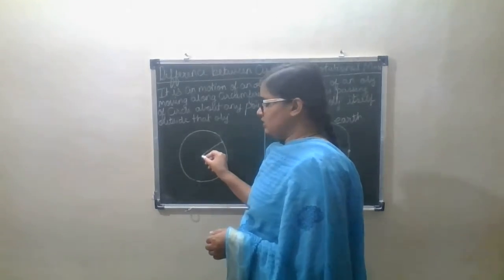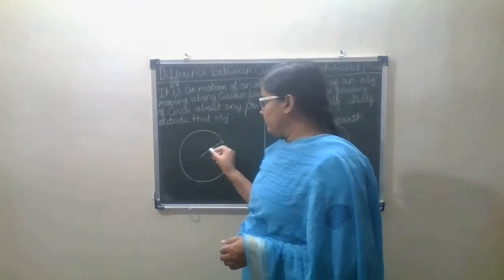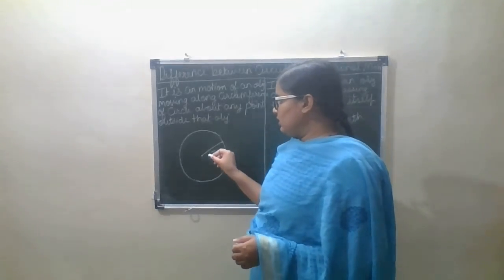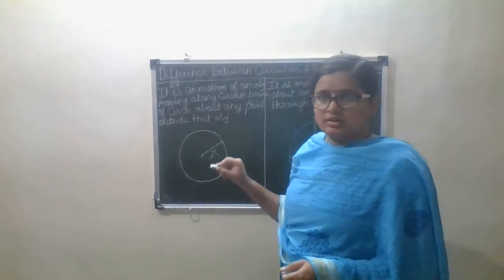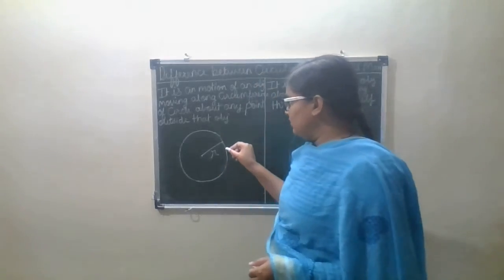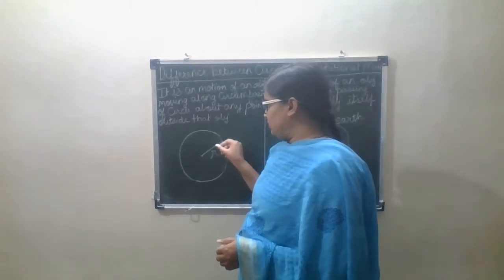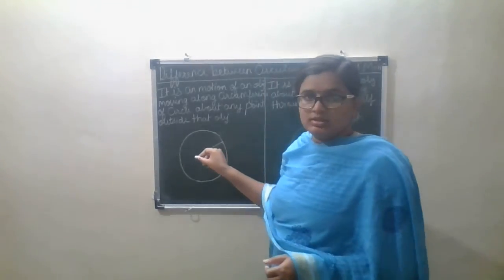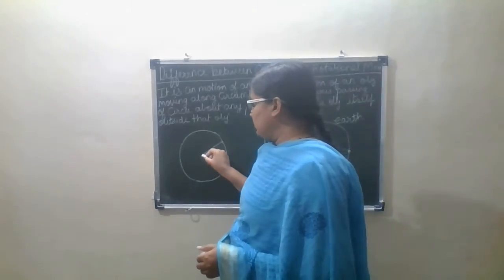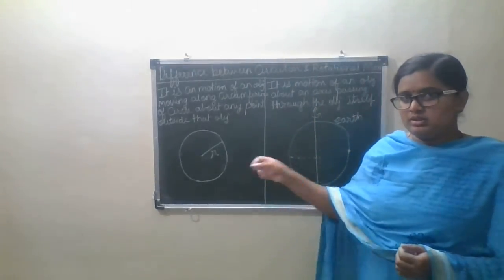The example of this is an artificial satellite. Here the sun is there, and the earth is moving around the sun, considering this as a radius, and this is acting as a centripetal force towards the center, but there is no contact between this object and the center point. This is called a circular motion.